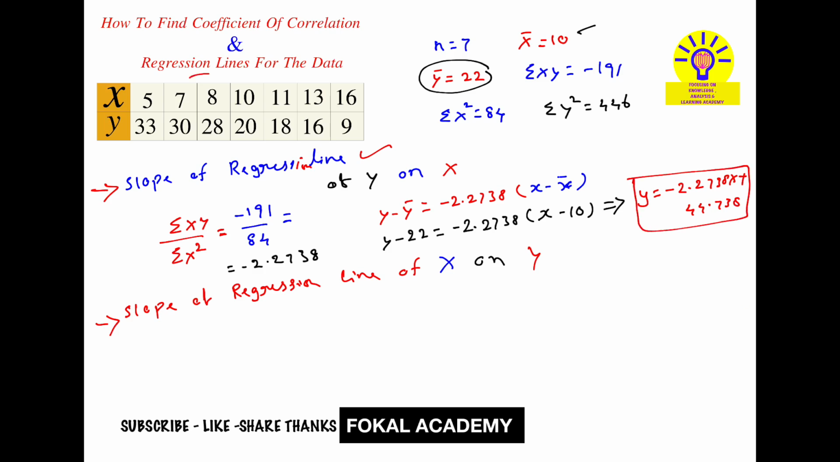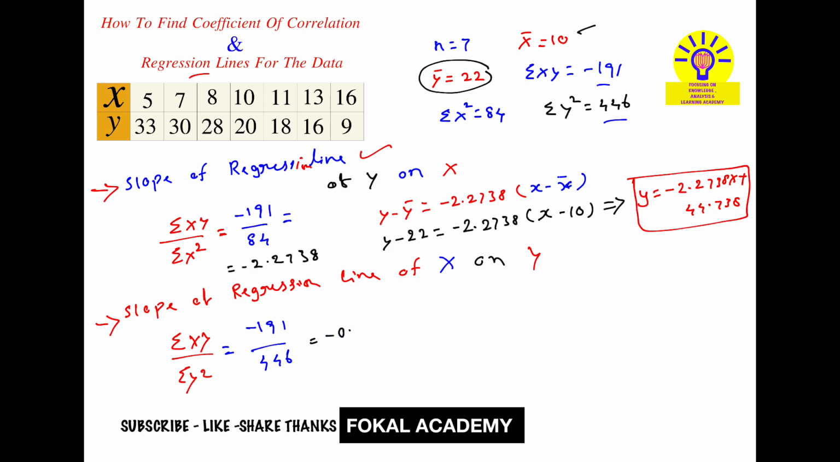Now find the other regression line. The slope is summation of XY by summation of Y square. Here, for the equation of line y on x, I took summation of X square. Now here Y square, because on y means we will get the equation of x in terms of y. Now find the slope here. Use the slope: summation of XY is minus 191 by summation of Y square, 446. It gives the slope